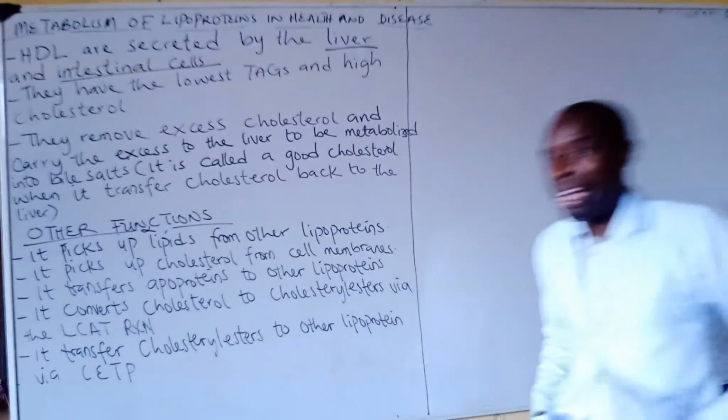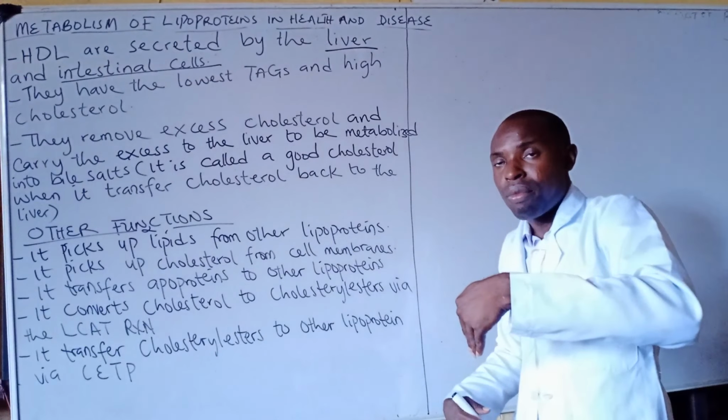Remember that the LDL is what delivers cholesterol into the system, which causes issues for the system. The function of the HDL is to take back this cholesterol that has been delivered by the LDL into the system,